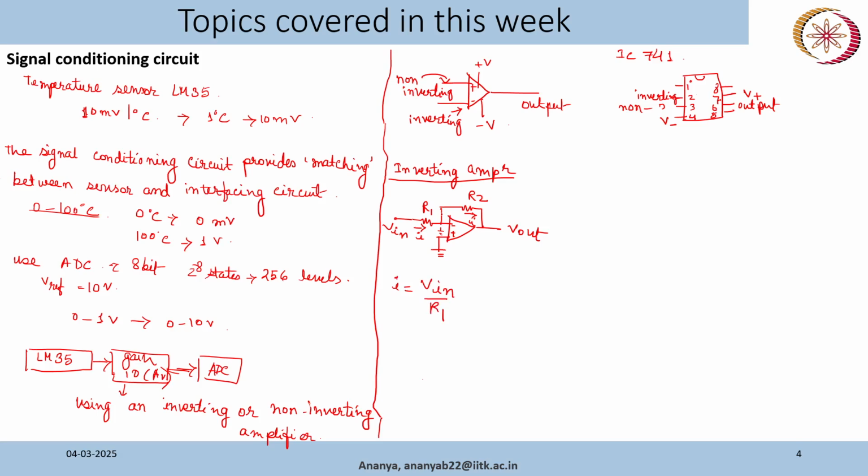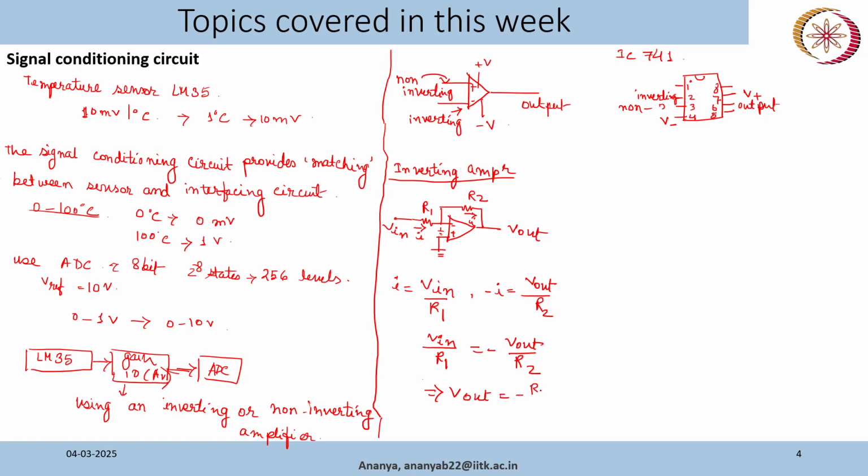Similarly, we can write KCL here: minus I, because the direction is opposite, is equal to V out by R2. These equations are clear, I hope. So V in by R1 is equal to minus V out by R2. So V out is equal to